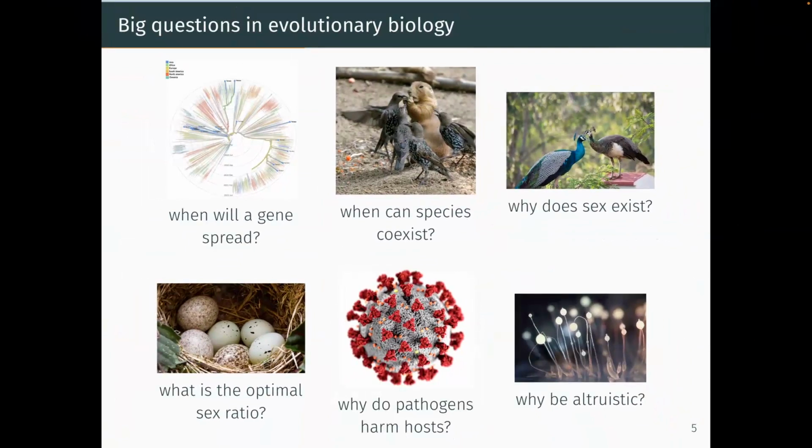When is it advantageous, typically? We can ask questions about when species can coexist. We see lots of diversity in nature. That could be diversity at the genetic level. There'll be diversity within this room in terms of the different genes that we have. We can talk about that kind of diversity. We can also talk about diversity in terms of different species or populations. When can they coexist with each other?